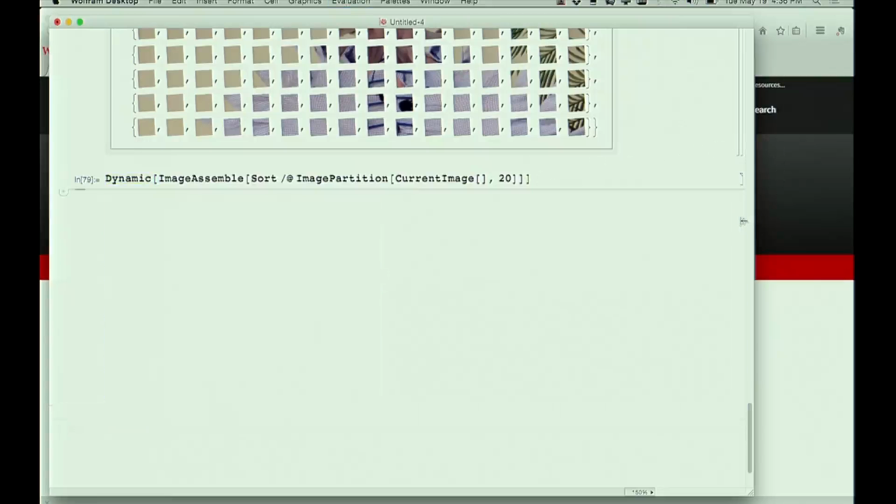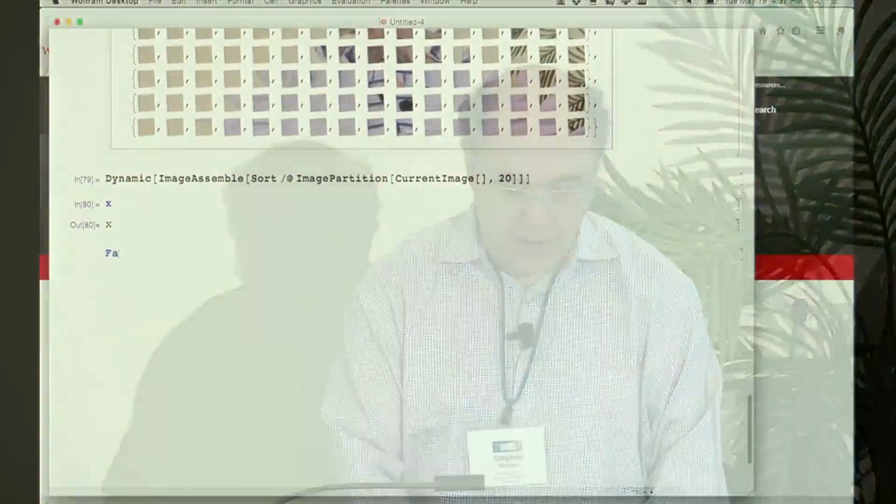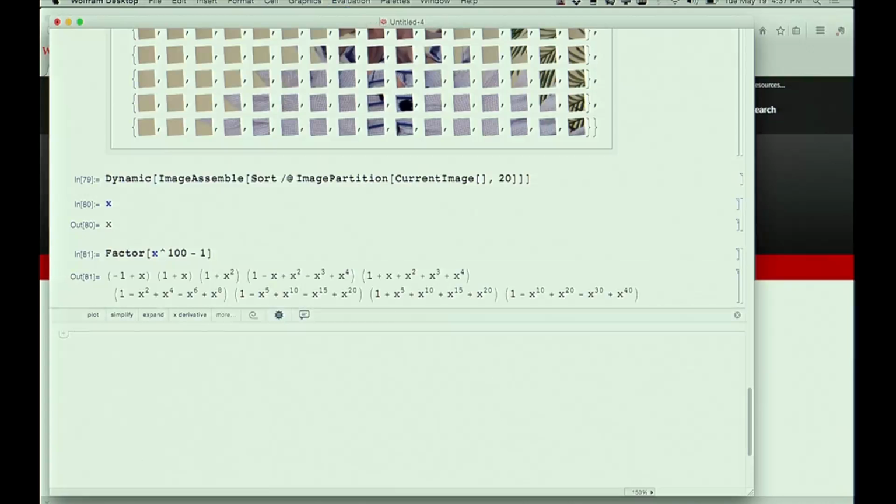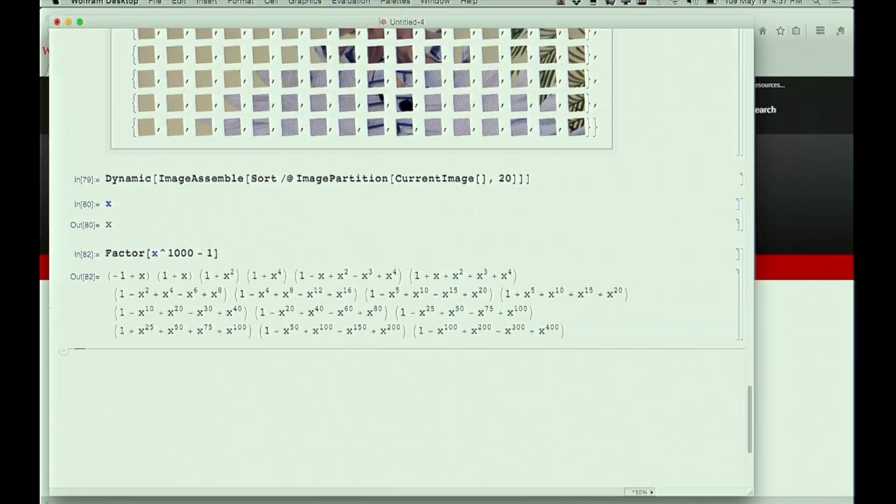So in any case, part of the idea of the language is to be able to deal with lots of different kinds of data in a very uniform way. Part of the way that's achieved is that this is a fundamentally symbolic language. Normally in most languages, if you type in X, it will say what's the value of X. Here, X is just X. If you want to treat X as something algebraic, you can go ahead and do that. If you want to treat any of these kinds of things as just another type of symbolic construct, you can.